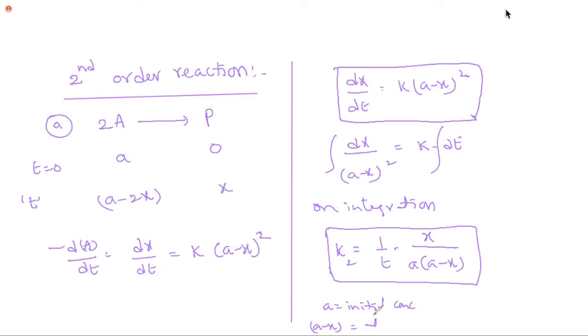Very good. T is the time, K2 is the rate constant. This is important for second order. You won't get problems. They may just ask which of the following is the correct representation. Copy this.